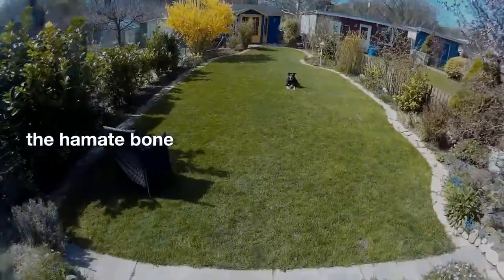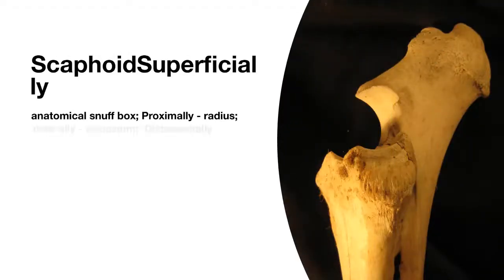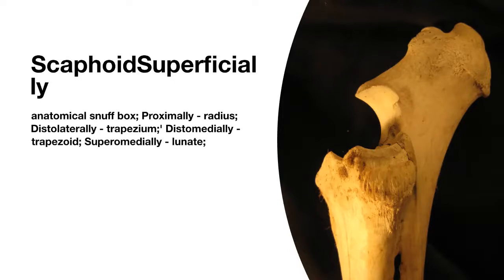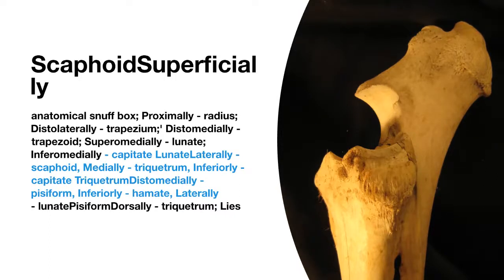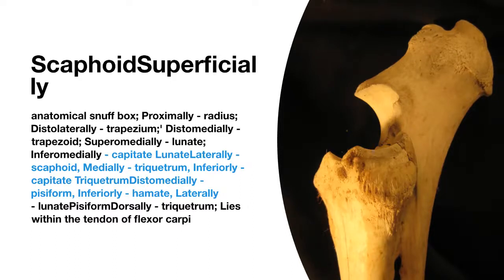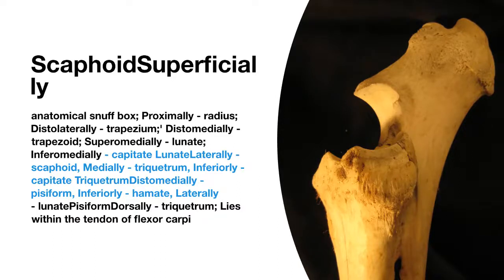Trapezoid bone, the hamate bone, scaphoid superficially, anatomical snuff box, proximally, radius, distolaterally, trapezium, distamedially, trapezoid, superomedially, lunate, inferomedially, capitate, lunate laterally, scaphoid, medially, triquetral, inferiorly, capitate, triquetral distamedially, pisiform, inferiorly, hamate, laterally, lunate, pisiform dorsally, triquetral, lies within the tendon of flexor carpi ulnaris. Trapezium medially, trapezoid, superiorly, scaphoid, inferolaterally, first metacarpal, inferomedially, second metacarpal. Trapezoid proximally, scaphoid bone,